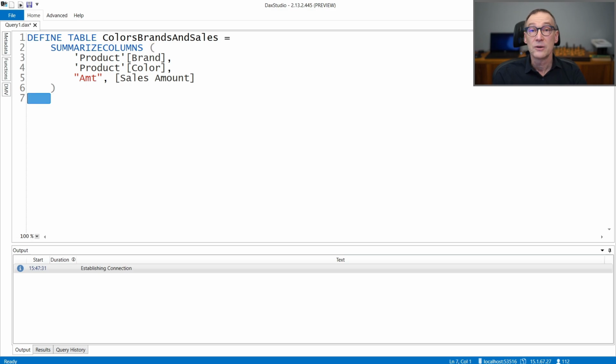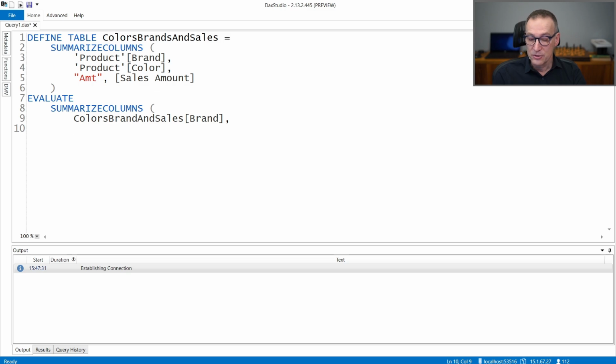Now this is just a regular table, a calculated table that I can use. Being a calculated table, it has its own lineage, so I can write EVALUATE and then use SUMMARIZECOLUMNS and group by Colors, Brands, and Sales brand.